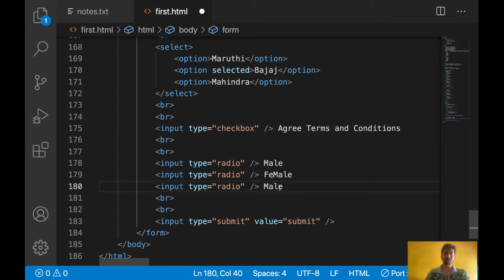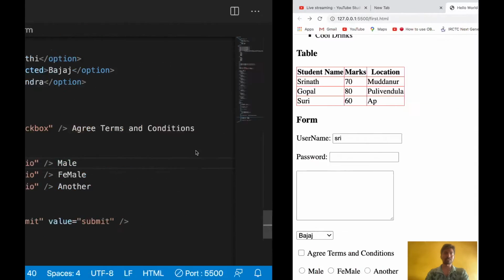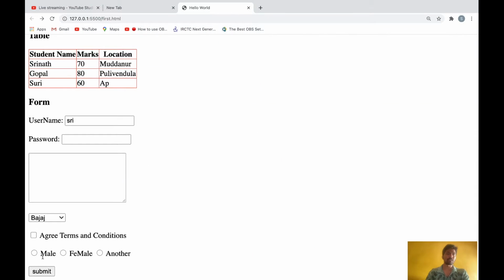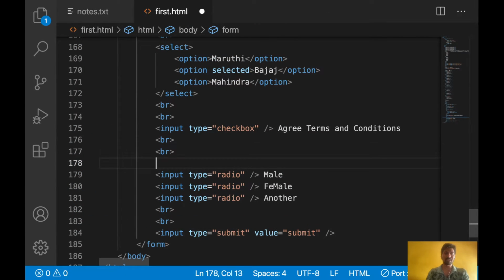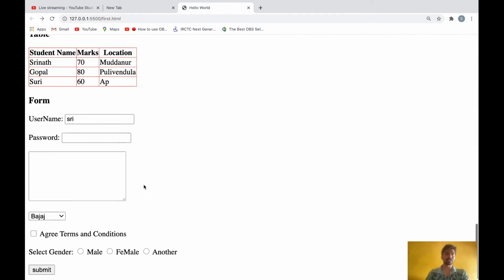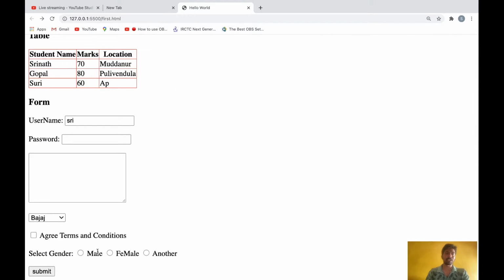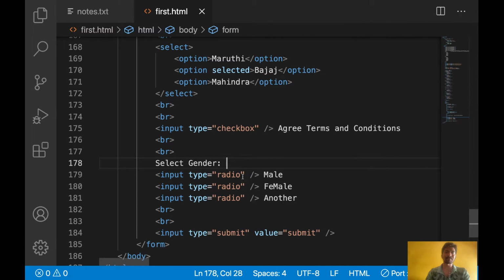Let's use another, something, whatever. Let's save this one. See, before this we can write select gender. Now let's see: select gender, male, female, another is coming. So for asking whether you are male or female, we can use the radio button.